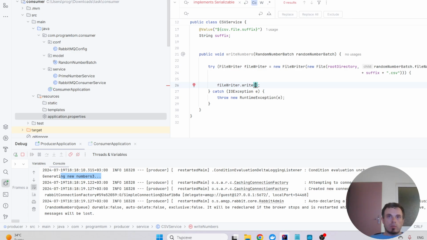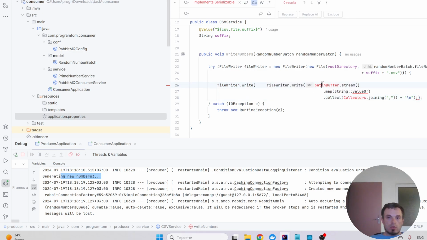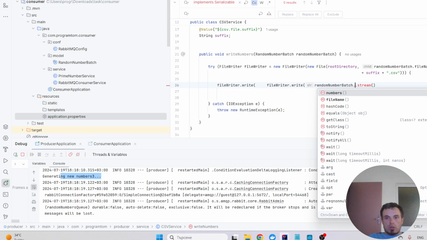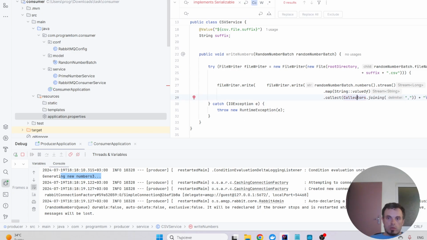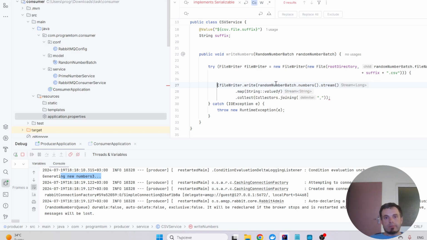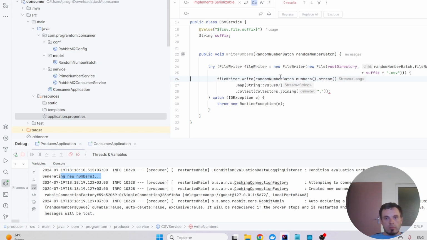Basically this gets the numbers, stream, collect, and I don't need this because it will be... yeah, value of numbers, and to write them with comma separated values. And okay,